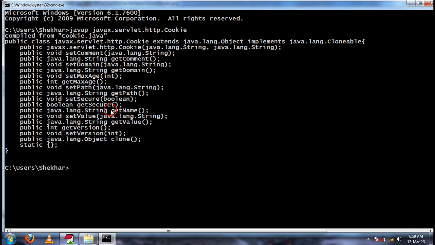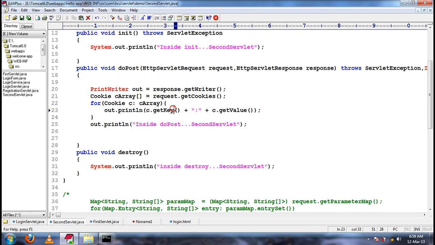It's getName. Get the name of the cookie, and the value of the cookie.